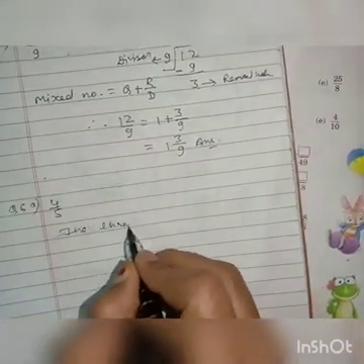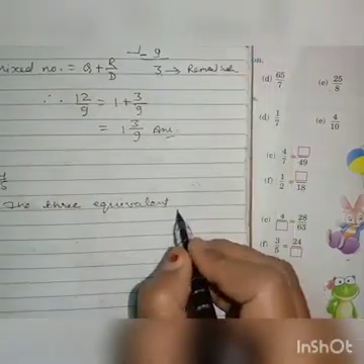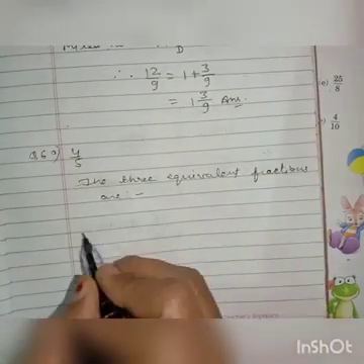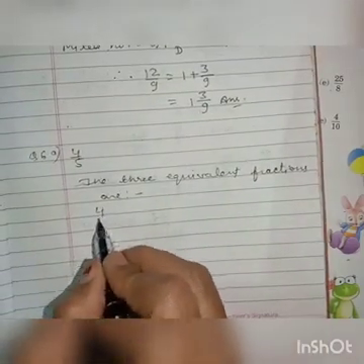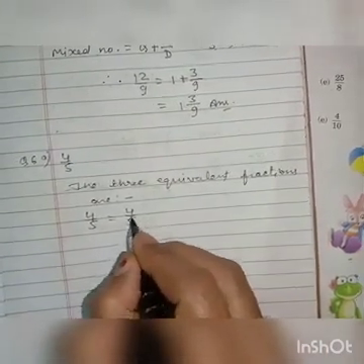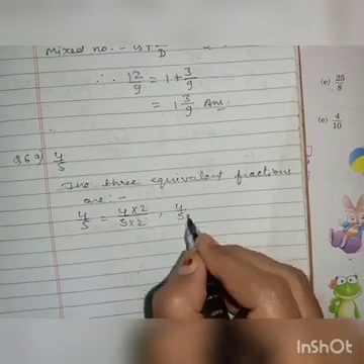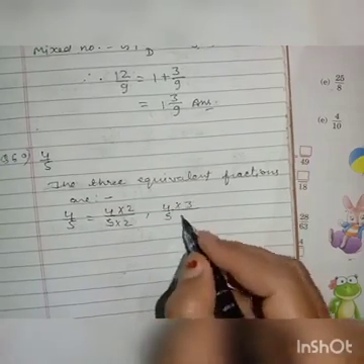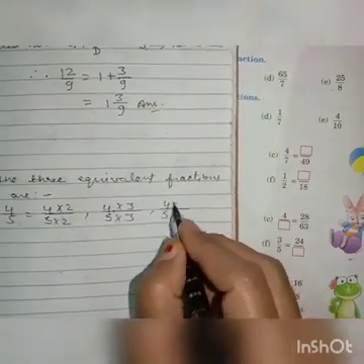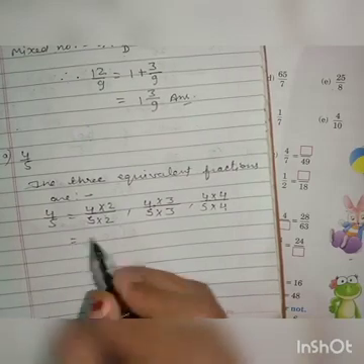The three equivalent fractions are: 4 upon 5 is equal to 4 upon 5 multiplied by 2, 4 upon 5 multiplied by 3 and 4 upon 5 multiplied by 4, where the denominator is also multiplied by 4, is equal to